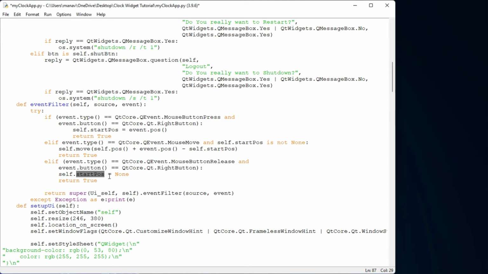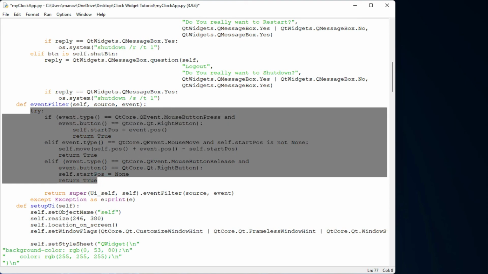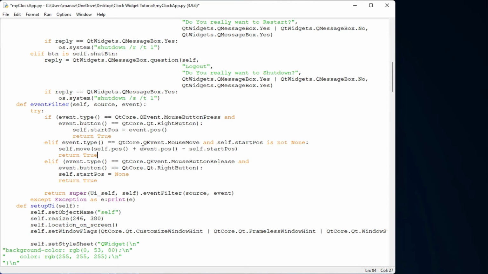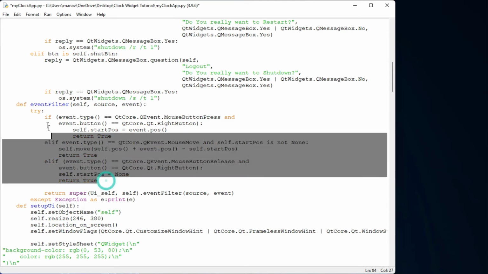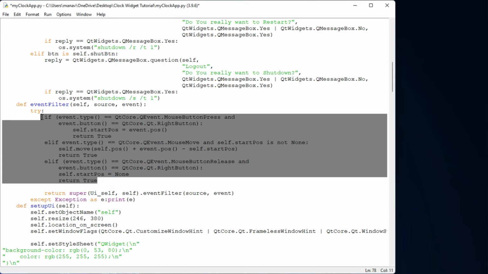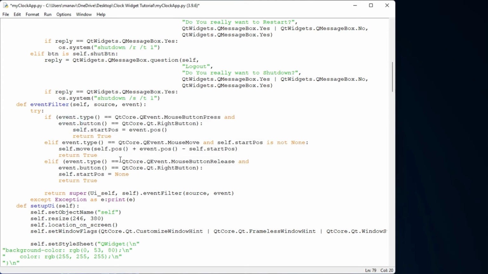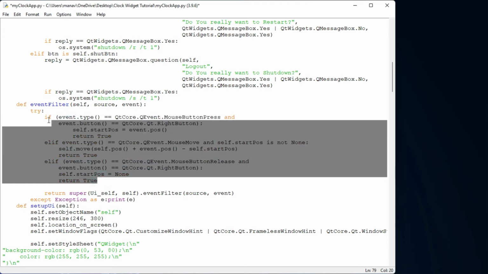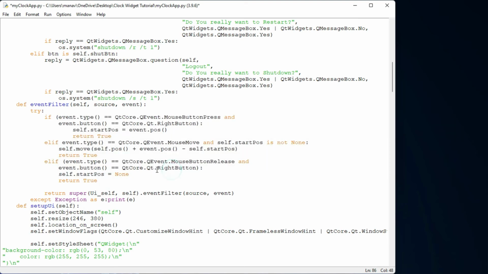Okay, so it is like this. I found this on GitHub, but I have made some changes here, so it will not be exactly like on GitHub, but something similar. For the right button, when the user clicks the right button and moves the cursor, then our application will be moved.